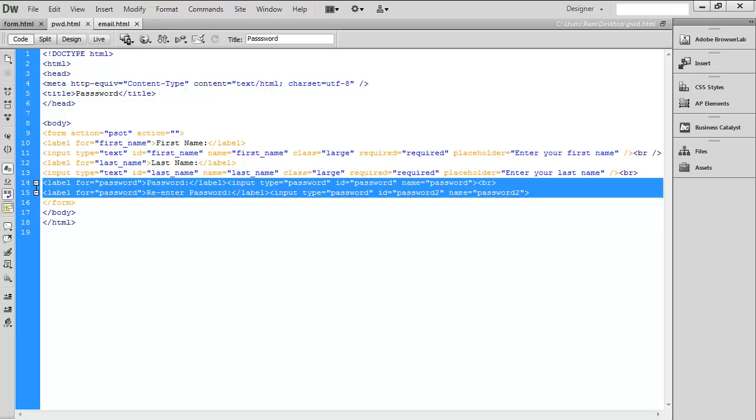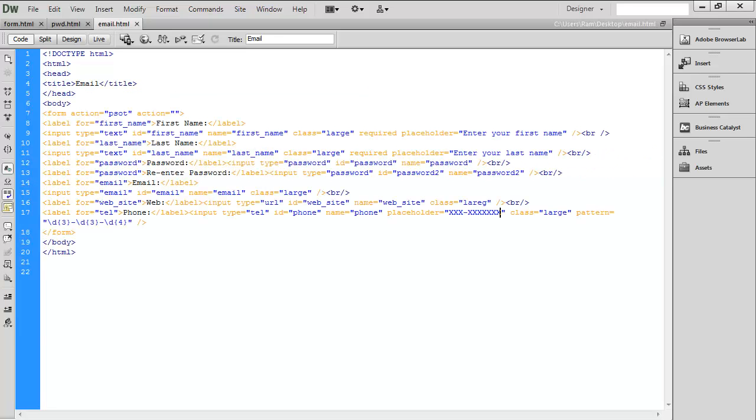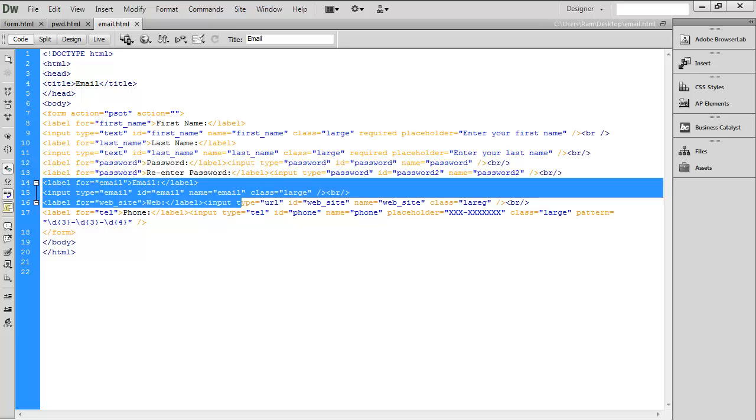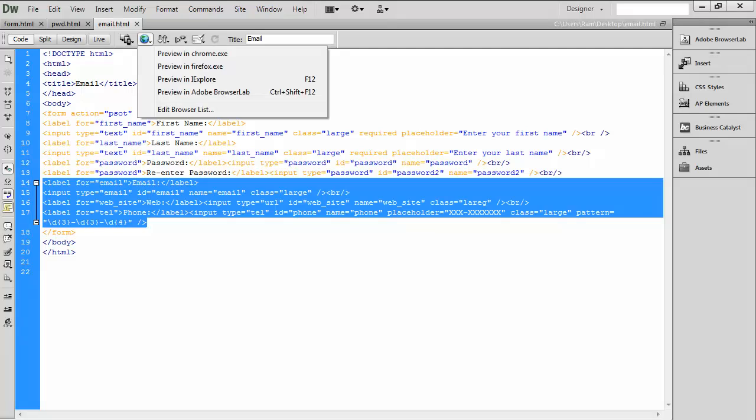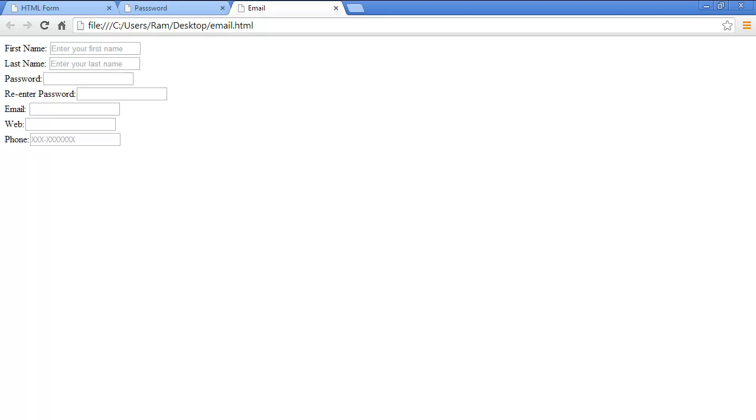All we have done is we have added the new label elements for email, website and telephone number in the earlier example itself. So here you can see there is a label for email, there is also a label for website, there is also a label for telephone number. Each is having its input type. So we shall run this on the browser. Let us check it on the browser. On running it in Chrome, we can see there is an output.